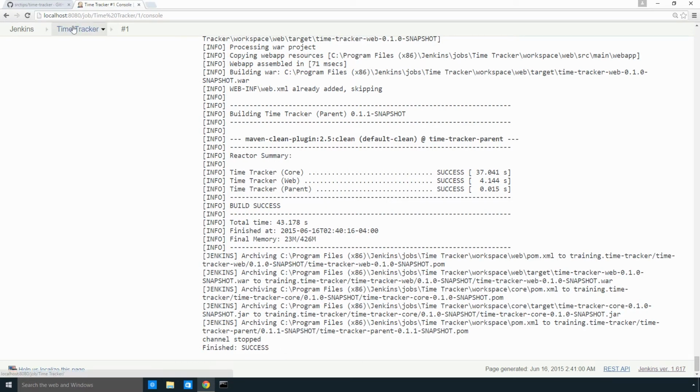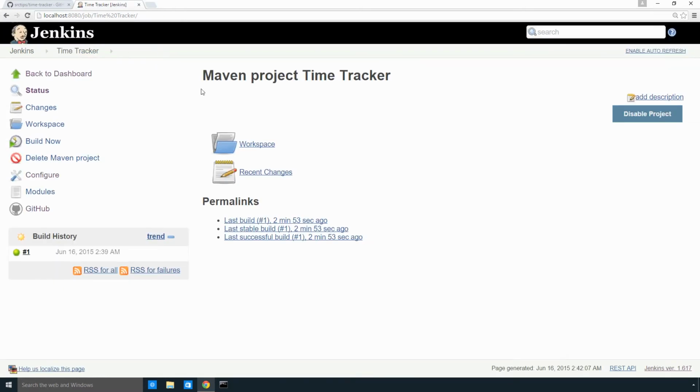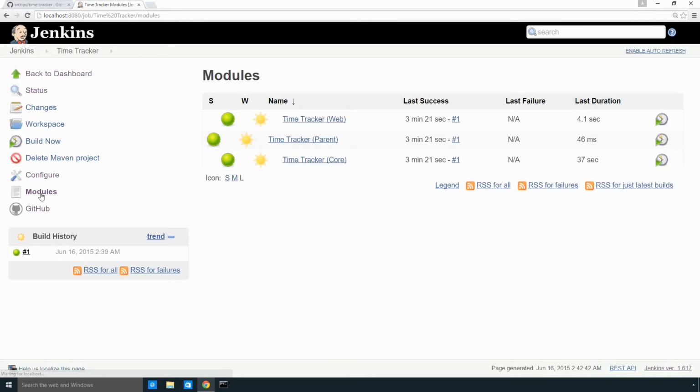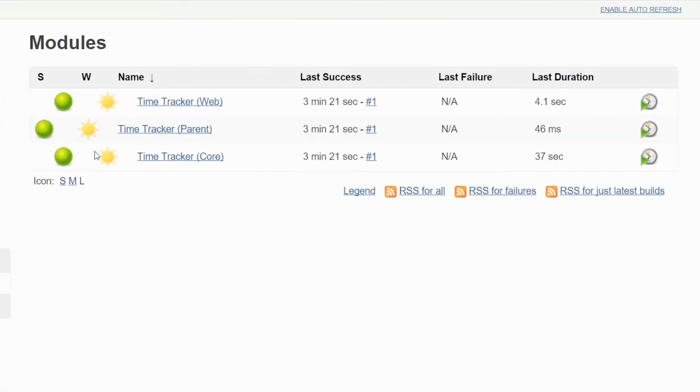Additionally, another feature of the Maven-based project for Jenkins is the notion of modules. So after a successful build, we see that we have modules as another option within our menu. Click on Modules. Jenkins will display all the modules that are part of this Maven project, as well as indenting the level of the module. The leftmost item, we have the parent. Then indented one level to the right, we have each of the submodules that are part of this project, Web